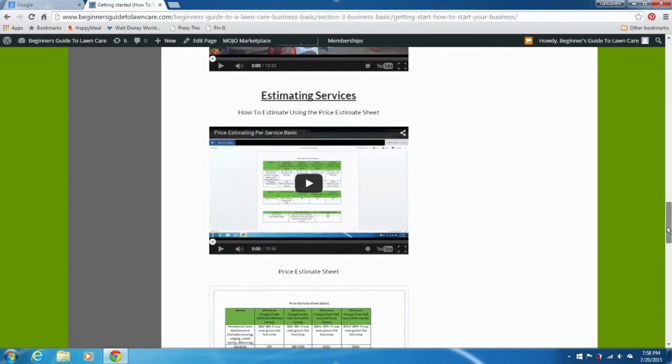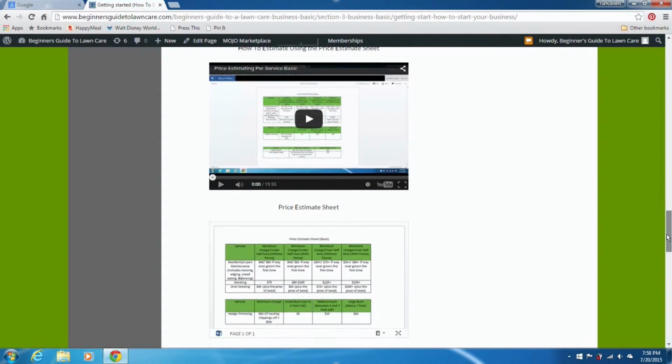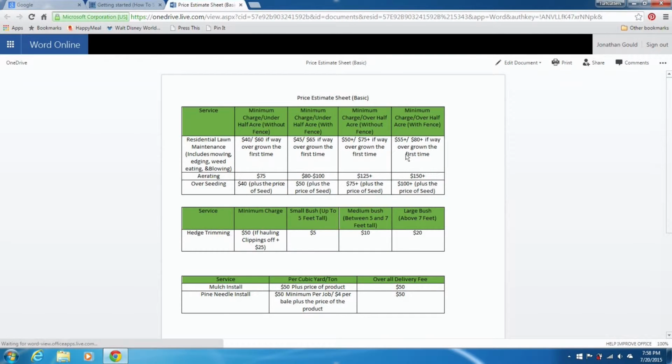Okay, then this area is pretty extensive here, estimating services. I have an actual document that you can download here. It's a price estimate sheet. You can click that to make this wide in the website. And I have a video that extensively trains you how I came up with my pricing for each of these services. Now, the advanced package includes a lot more services than what's included here, but